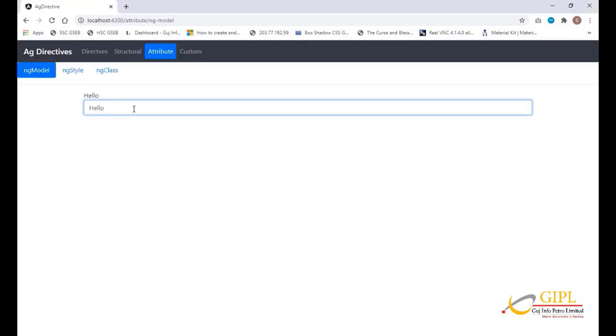Now we will add some text. You can see the text is printed outside of this text box. This way, two-way data binding is applied from HTML to model and model to HTML. In two-way data binding, automatic synchronization of data happens between the model and the view. Here the change is reflected in both components.